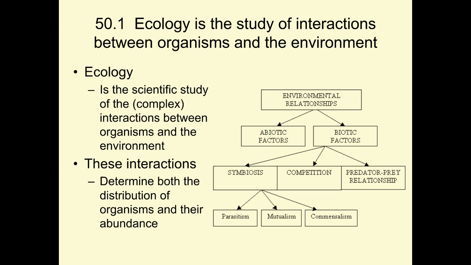Matter, on the other hand, cycles through ecosystems. Right? Matter is recycled. We do not create or destroy matter. So the matter that comprised our plants, the proteins, the carbohydrates that make up our plants, are then eaten by animals. That's where we get our material to build our muscles, to build our bones, by consuming plants and other animals. When we die, what happens? We decompose. Those nutrients go back to the soil, to be reabsorbed by plants.